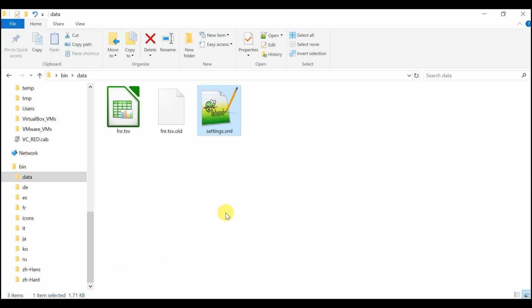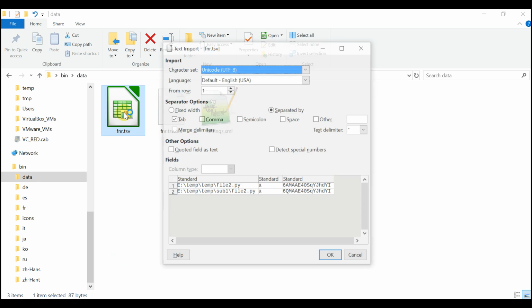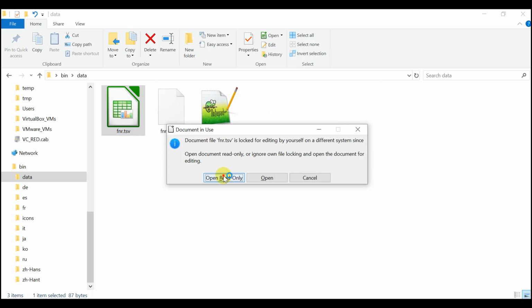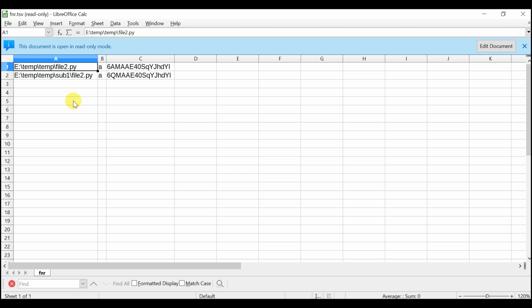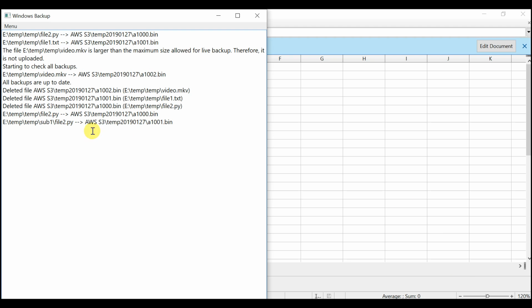The other file, fnr.tsv, is a meta file. FNR stands for file name registration. The FNR is a list of files with metadata in the third column. In the backup, file2.py is uploaded as